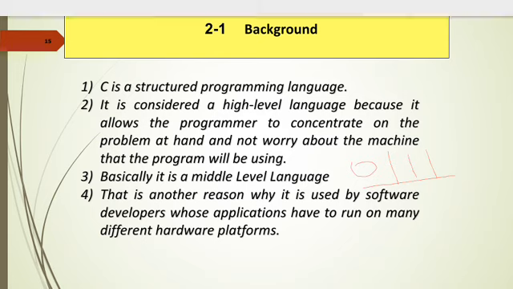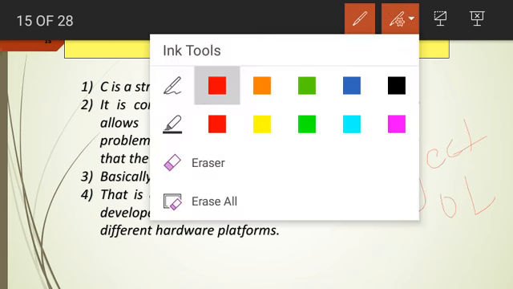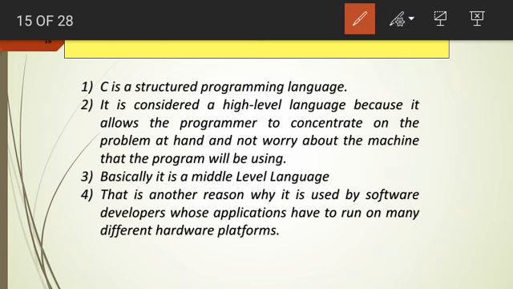What are the high level languages? The high level languages are nothing but the object oriented languages, meaning they deal with real world entities and the object oriented features, but C provides us the combination of these two kinds of languages, so it is termed a middle level programming language. So all of you have to keep in mind the first concept: C is a middle level language, but we can call it a high level language too. In some references you will find it as a high level language, in some as a middle level language, but it is basically a middle level language.